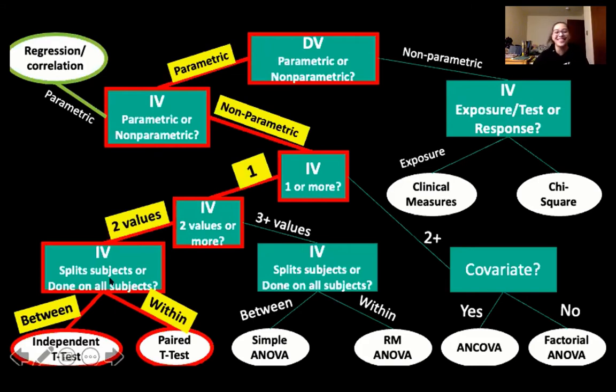And then, depending on the type of sample we've collected, we can have an independent t-test or a paired t-test. Paired t-tests are also called paired samples t-tests or dependent t-tests. And then another one that's not listed on here is a single sample or one sample t-test. And the reason we don't usually put it on here is because it's not super common, and we'll talk about